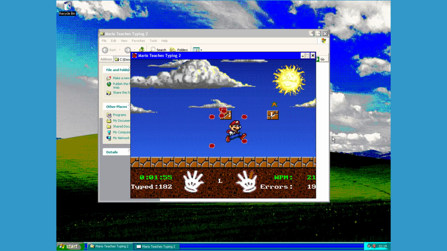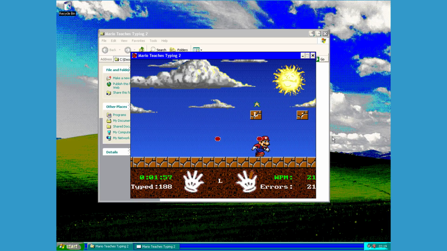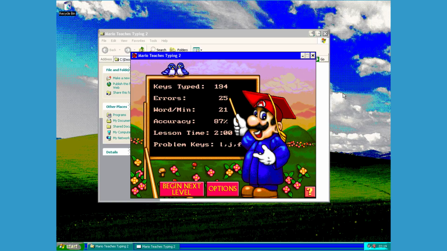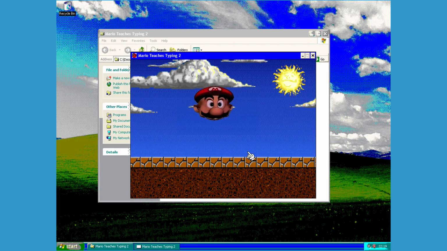There was a stage which was just type a bunch of random symbols over and over again, and it's like, who would ever actually type a million... By the way, we hit 2 minutes, that's why I paused. Want to try again? No, I never want to do that again. Problem keys, LJF, great. 87%. Yeah, that's about the percent I was getting in the first one as well,